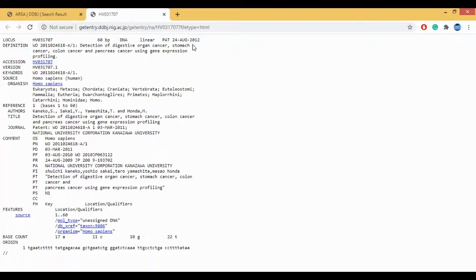The sequence was submitted in 2012. Then we have Homo sapiens, as it says. This is the entire taxonomy of Homo sapiens, from which the sequence originated. Then you have the paper that this sequence information belongs to. Then we have the comments, then the features, which is nothing but the source, and finally we have the sequence. So similarly to GenBank, it has three sections: the header, the features, and the final sequence.